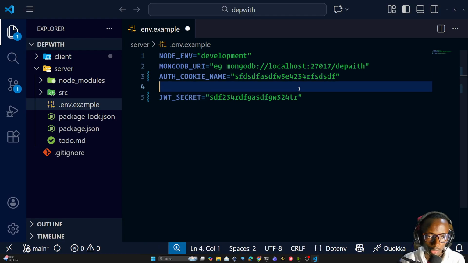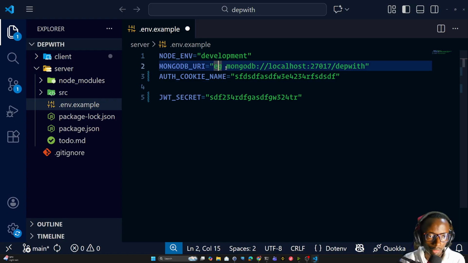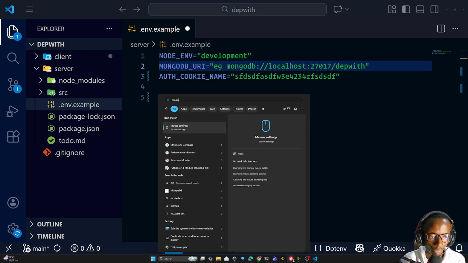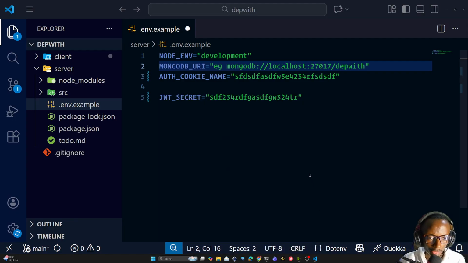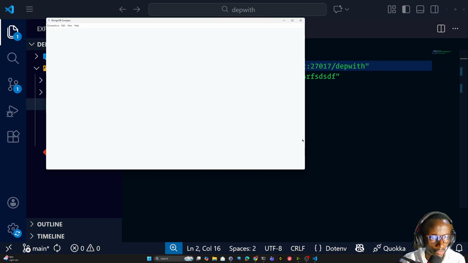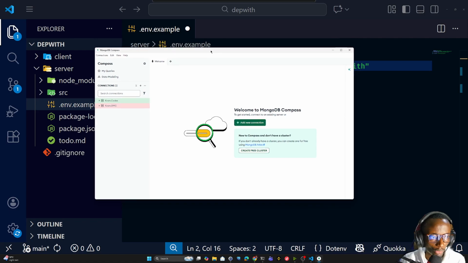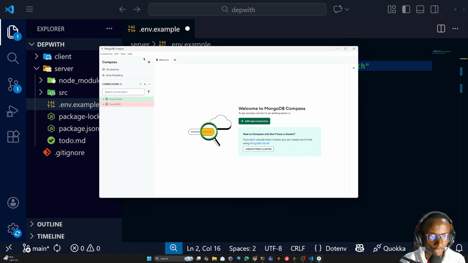So just some random things there. Then MongoDB URI. I'm going to use the Atlas. I don't know whether I have MongoDB running locally. There's so many things that I haven't done since I